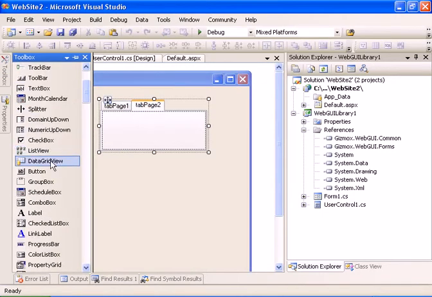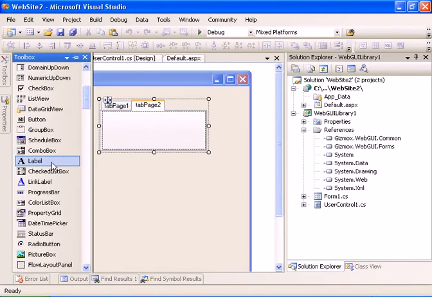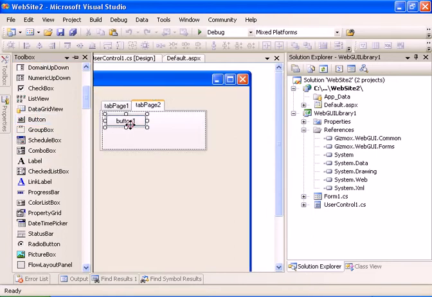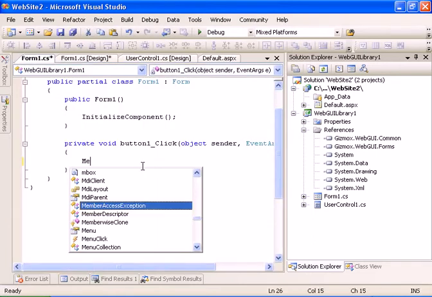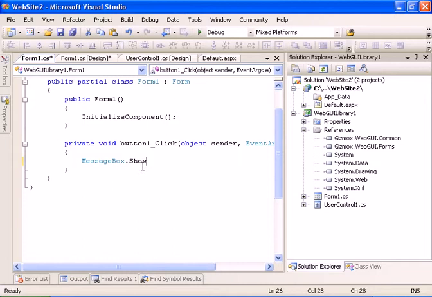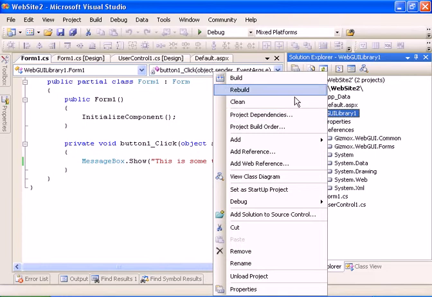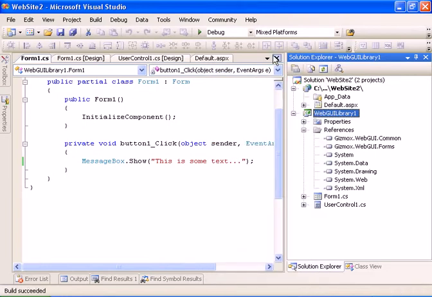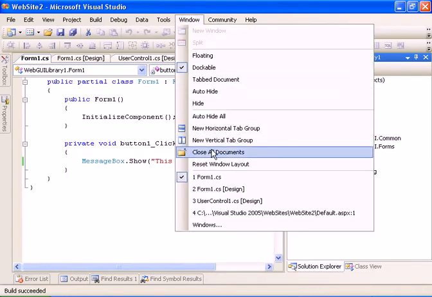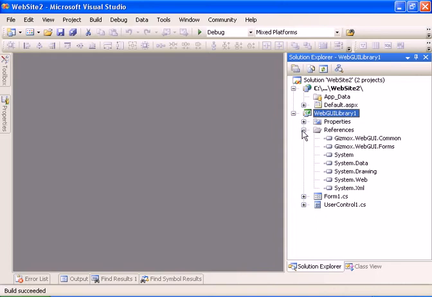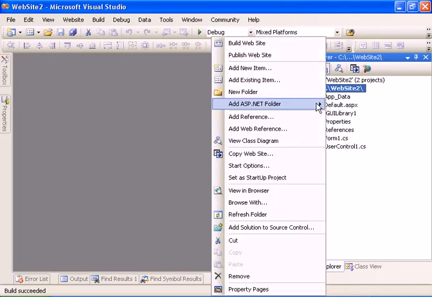Let's add a button, and let's have the button raise a message box. Okay, so now we have a Visual Web Gui library. Let's compile the library, and we can close all the open windows, and let's go ahead and add a bin